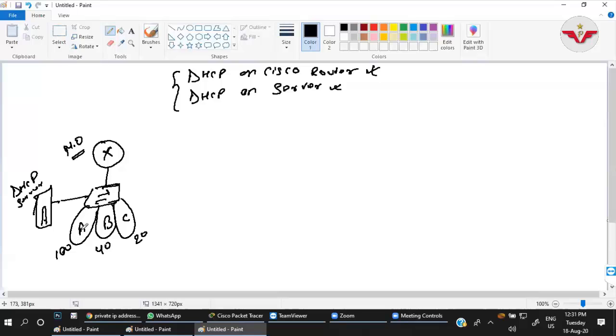For network A, I will configure the router as a DHCP server, so each and every PC on network A will get its IP address from the router. In this, we will learn how to configure a router as a DHCP server. Done. Now for B and C, I will configure the server as the DHCP server to provide IP addresses to network B and network C. So we will be able to check whether the router works exactly the same as the server or not.